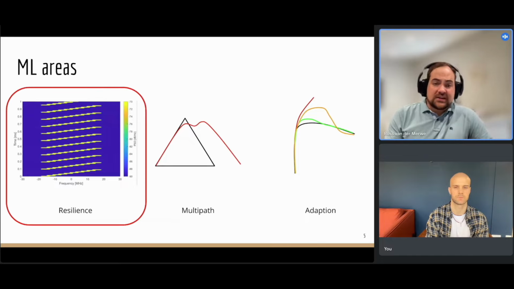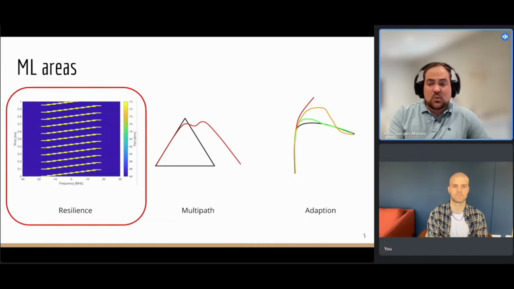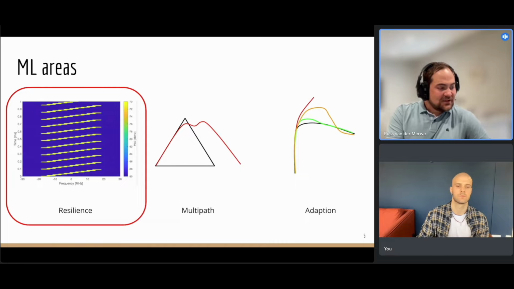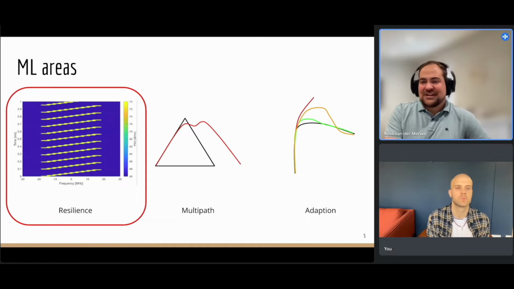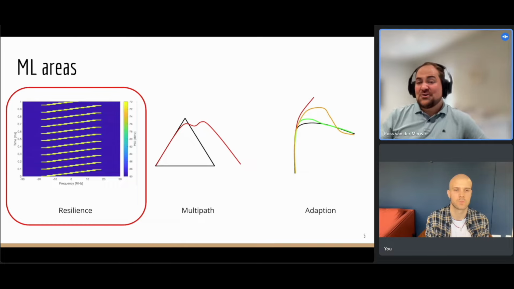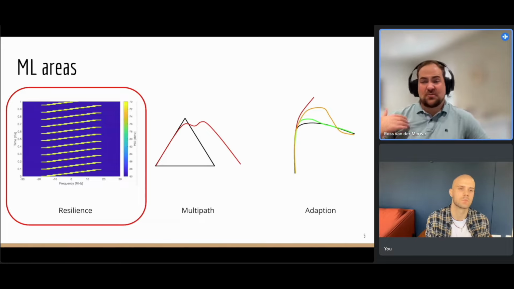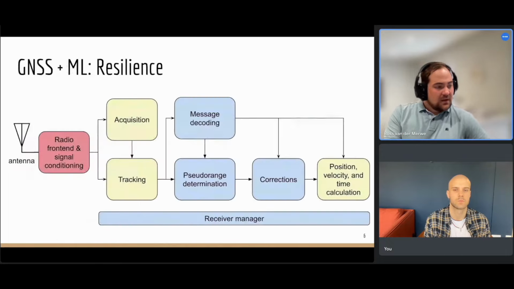So for the first one, we'll look at resilience. This is a topic where I come from, where I've done most of my work. It's also one that I'm most passionate about, so we'll give much more information. But the idea here is we want GNSS to work. You don't want to be driving on the highway and suddenly you have no position at all. And now you're panicking because you have to take the next off ramp and you have no idea where it is. You want it to always give you position. So you want to have high integrity. You want to be robust against any interferences or outages. So this is where resilience is really how can we make it as reliable as possible.